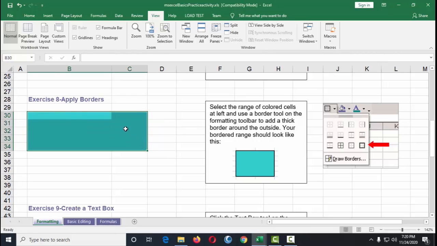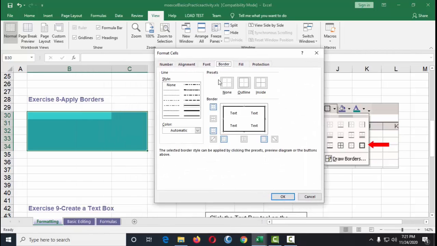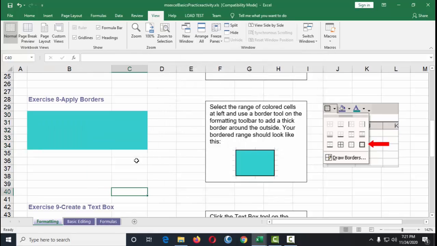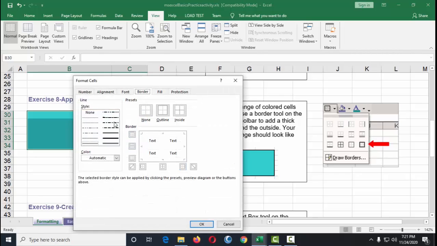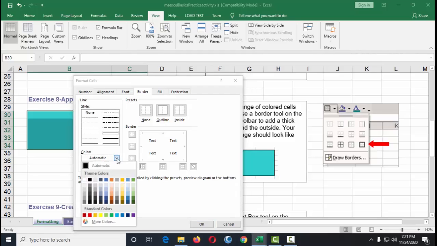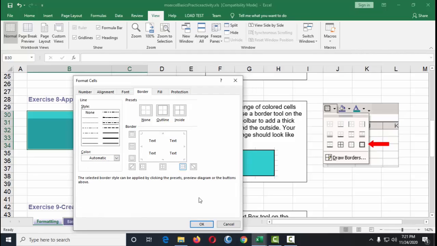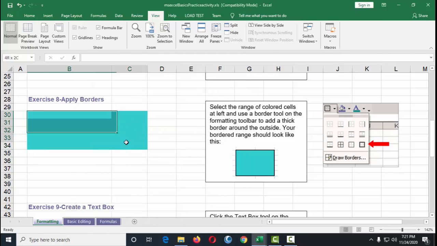So select the cells that you need to format, and then here in the border you see it. If for example you'd like to remove a border, click on those parts of the cells or group of cells that you'd like to remove, and then it's okay there. In format cells, you can also choose other styles of lines or color. You can do the customizations here. So that's for applying borders.